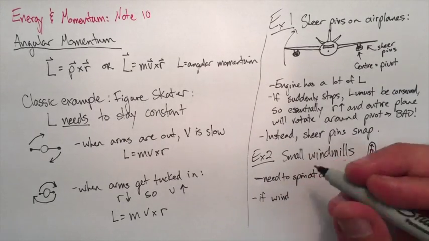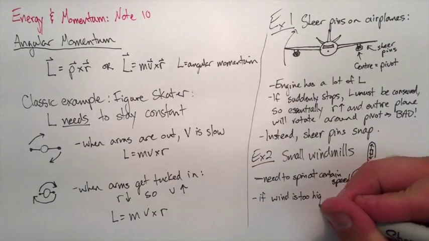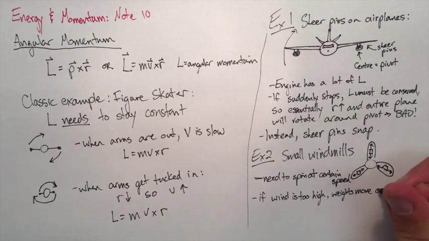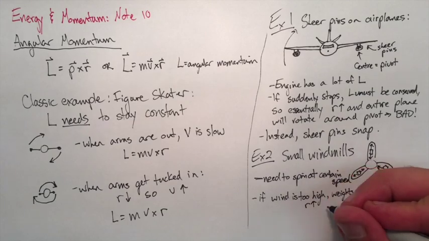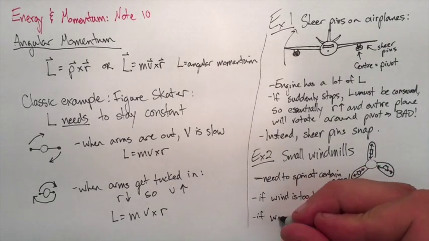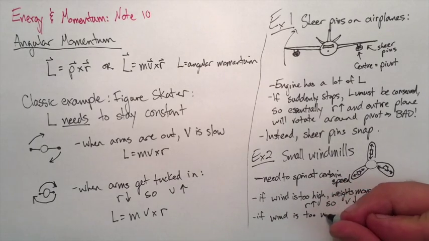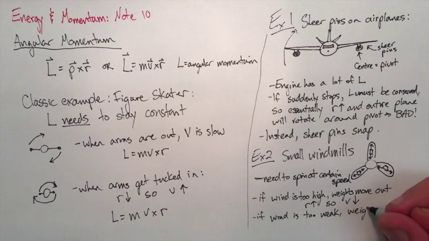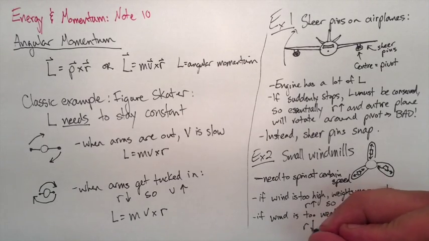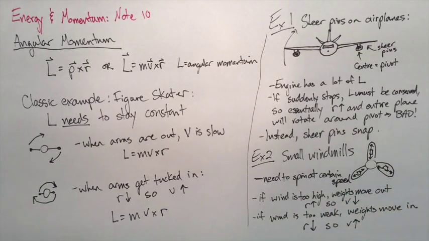So these weights move in and out, which effectively changes the radius of the windmill, and by changing the radius they can make it speed up or slow down, just like a figure skater. So if the wind is high, the weights will move out to slow it down. You increase the radius, so you decrease the velocity. If the wind's too low, the weights move in so that the radius is decreased and the velocity